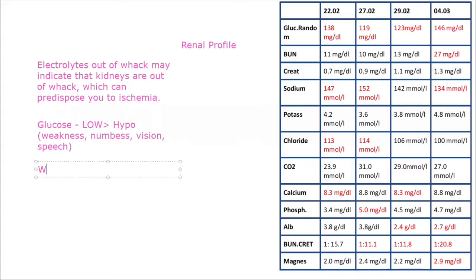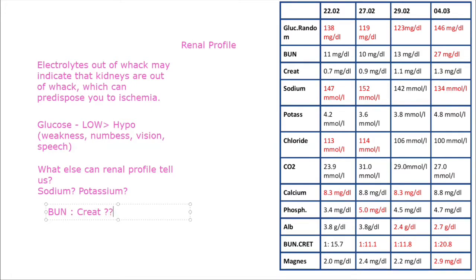So what else can the renal profile tell us? Well, renal profile allows us to look for the general condition of the patient. If we look at sodium and potassium levels, we'd be able to see if the patient is dehydrated. When we look at BUN and creatinine levels and look at their ratios to each other, we'd also be able to see if the patient has